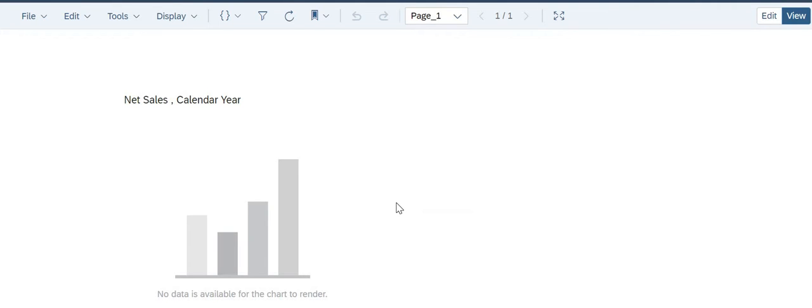In this tutorial, I will show you how to add an image in your SAC story. Like here on my screen, I have a random story, and here I will show you how to add one. So here you can see in the top corner, there is an option called view and edit. So first we need to go to edit mode. So after clicking there,